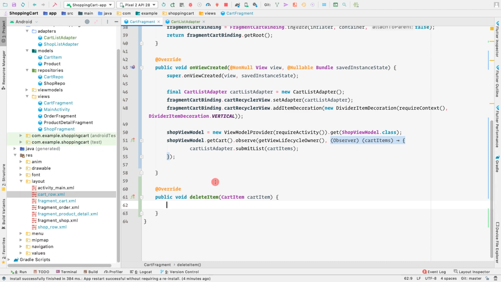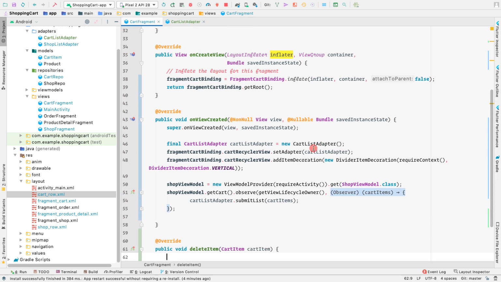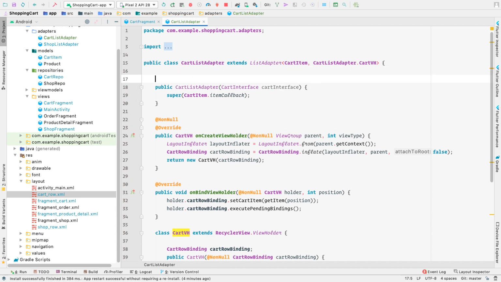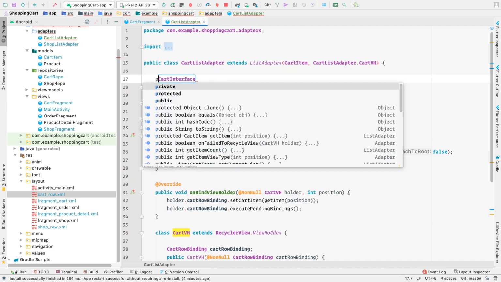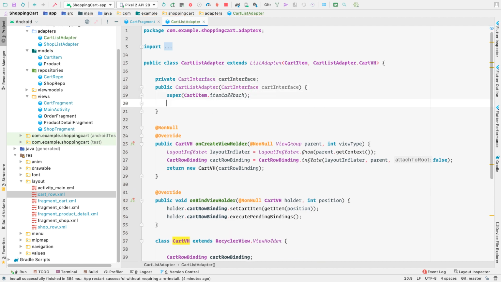Okay, so now we want to pass this interface, the cart interface, to our cart list adapter as an argument. So let's change the constructor here, and it takes in one argument, that is the cart interface itself. We'll create a private cart interface, and then initialize it here, this dot cart interface equal to cart interface.